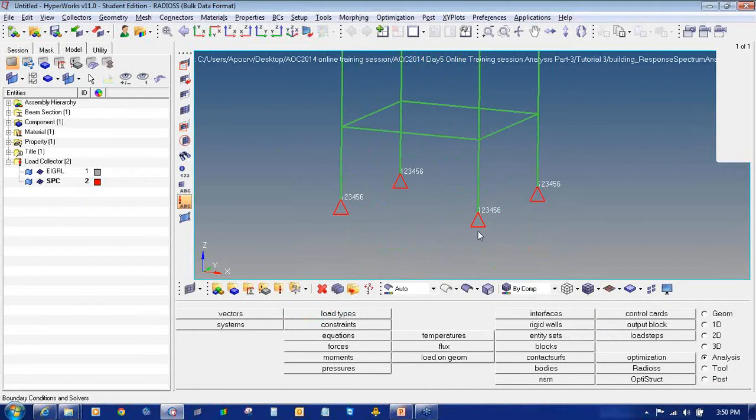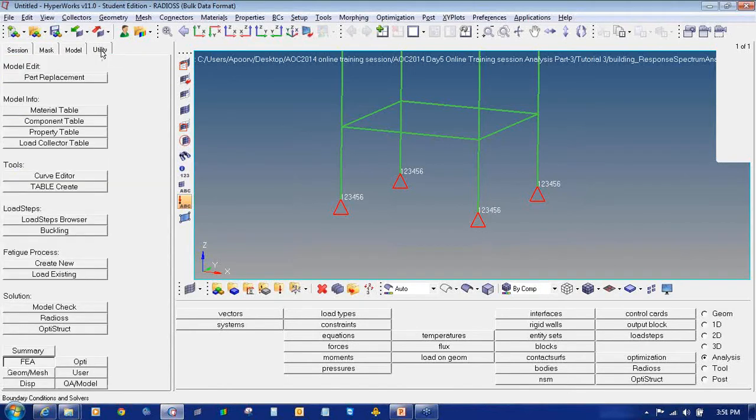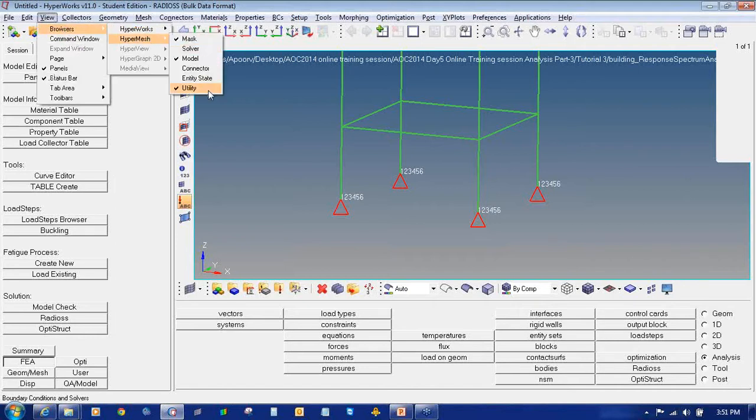Then the next step is to define the input response spectrum using the TABLED1 card. So we'll define a TABLED1 card. I'll go to utility. Again I will show you, if you are not able to see the utility tab, go to View, Browser, HyperMesh and make sure this checkbox is there.